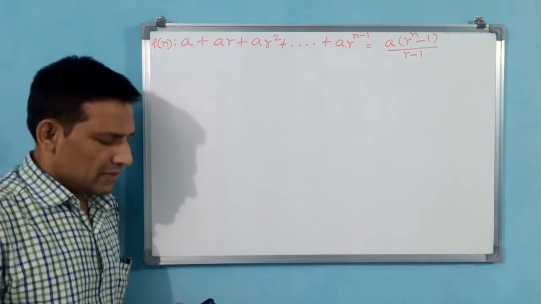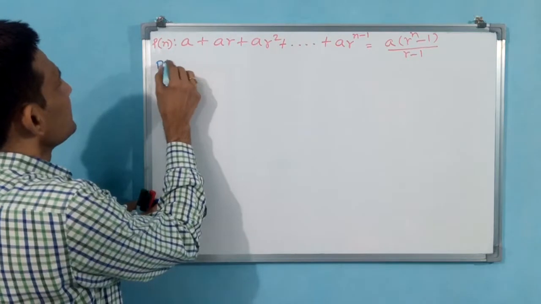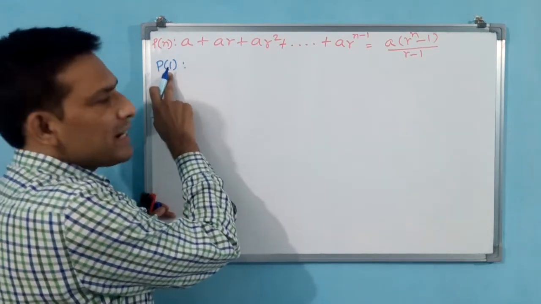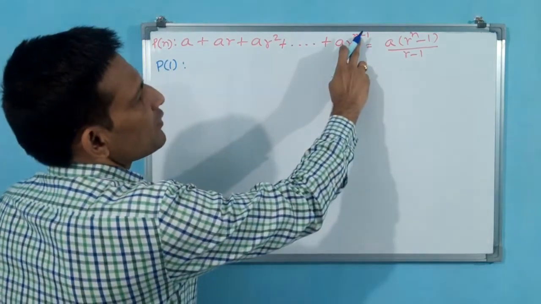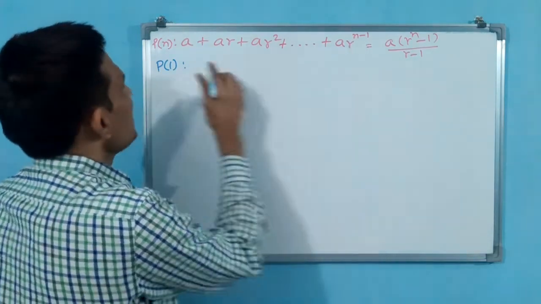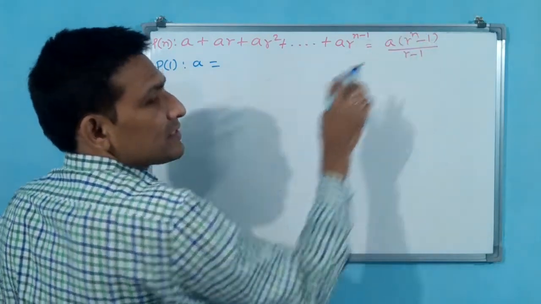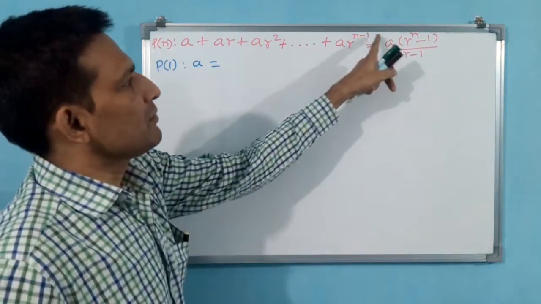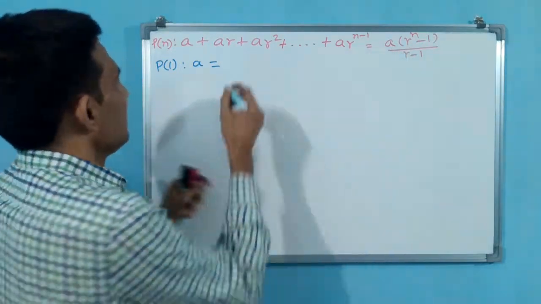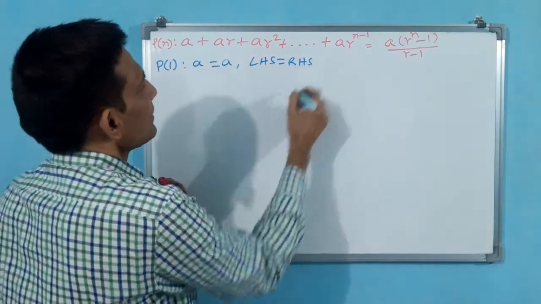Third step is P1. Write down P1. How to write? P of 1 colon. You see, in place of n we write 1. In place of n, if we write 1, 1 minus 1, 0. R power 0 is 1. 1 into A. A will come in LHS. RHS also, you see. R power n is 1, but here no 0. Why? Because not minus 1. But R minus 1 divided by R minus 1 is going to get cancelled. A will come. A. LHS is equal to RHS.